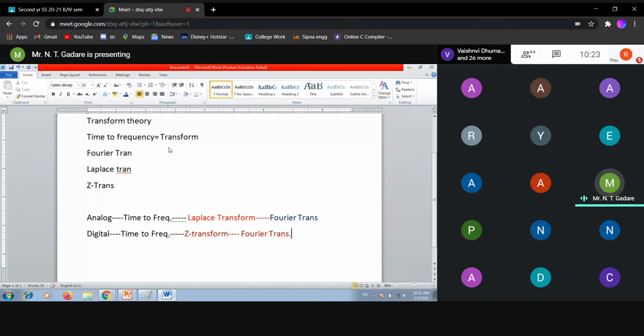You may have a question, what is the role of Fourier transform? Fourier transform is applicable for both, in analog as a Laplace transform and its substitute, मतलब उसका छोटा सा पार्ट होता है Laplace का, और in Z transform it is a substitute of Z transform. That's why in engineering syllabus हम Laplace भी पढ़ते हैं, हम analog Z transform भी पढ़ते हैं, और हम Fourier transform भी पढ़ते हैं. फिर आपके पास एक क्वेश्चन होना चाहिए कि सर if signal Laplace transform